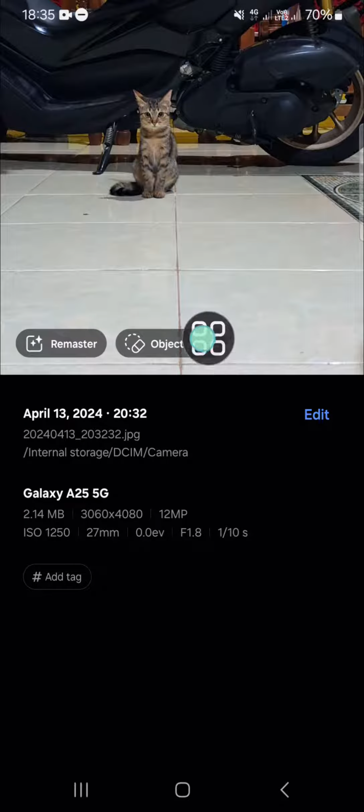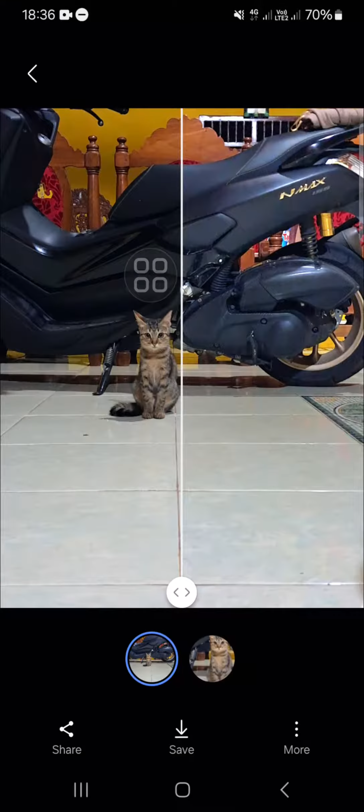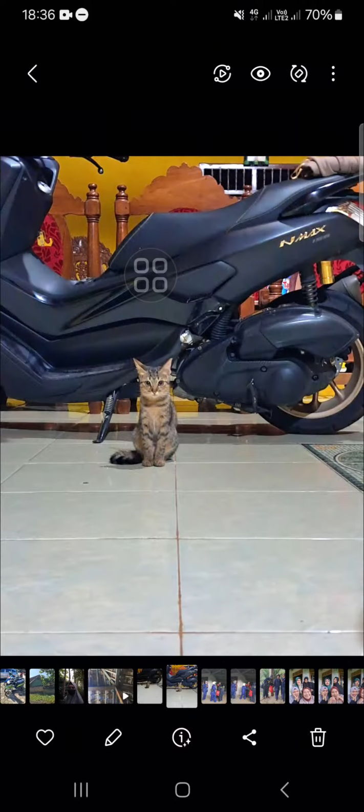First thing first, this is the Remaster feature, and I'm going to use it to improve my photo quality. Now it's still processing. Okay, and this is the suggestion from my Samsung Galaxy phone. And if we want to accept this suggestion, we just need to click on save. Okay, and now the edited photo has been saved to my gallery,